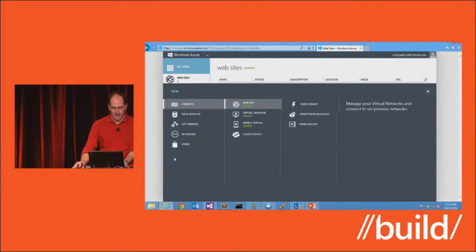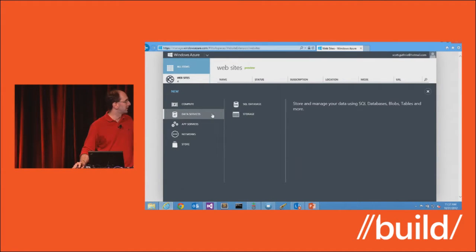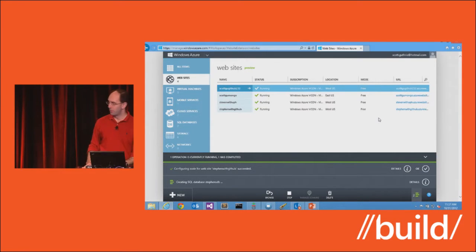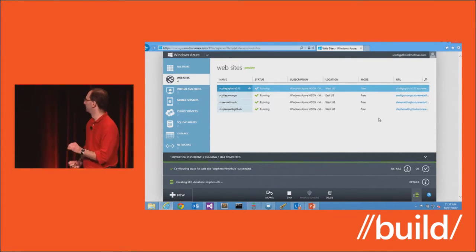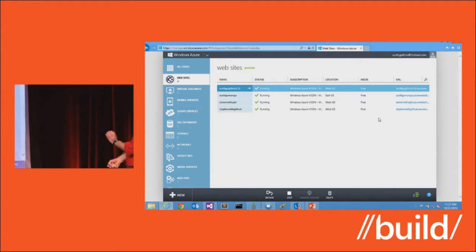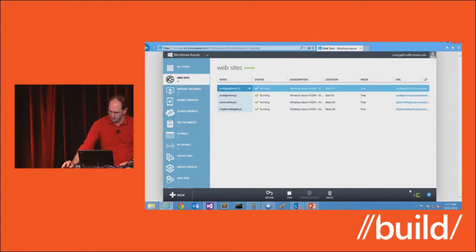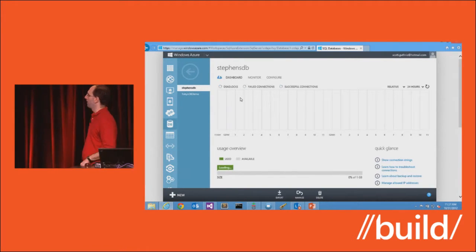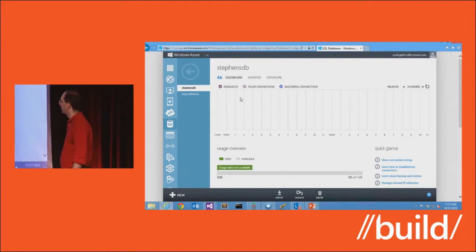Let's walk through how you do it with Azure. So one of the things I can do is, again, hit New. We've seen websites, virtual machines. We talk about mobile services. Let's click Data Services. Let's stand up a new database. What would you like to call it? How about Stevens DB? Could pick a server, or I could just choose a new one here. Go and hit OK. Let's count. 1, 2, 3, 4, 5. Done. We got a new database. 5 seconds. It's probably like 7 seconds since I started late. But anyway, click on it, drill in, and basically I have a database that's ready to be used.